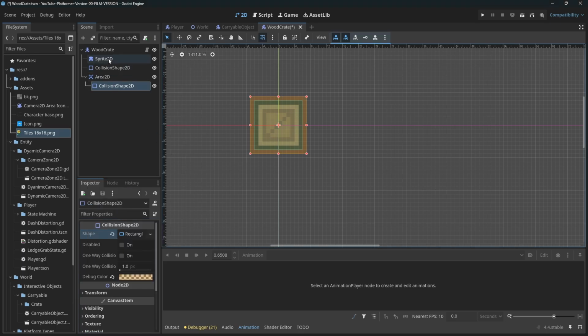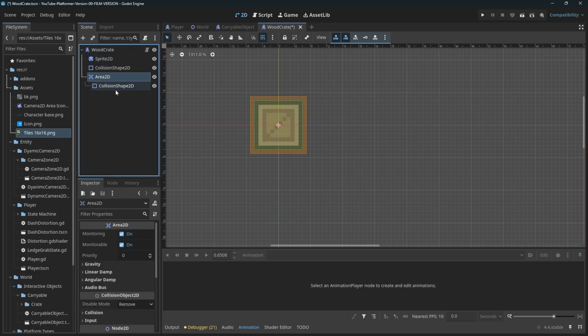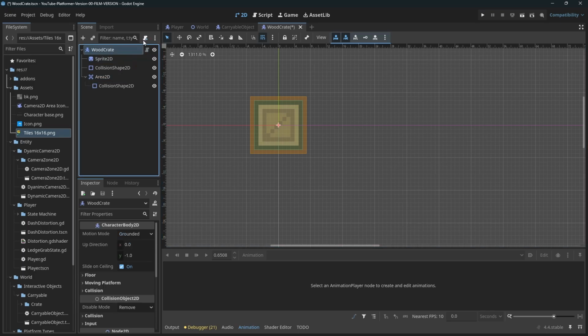So what are these? Sprite, we know what that is. Collision shape, the physics box for the crate because it's a character body 2D, an area 2D, and then the collision shape 2D for that area. This area 2D will be our interaction area. So now we're going to